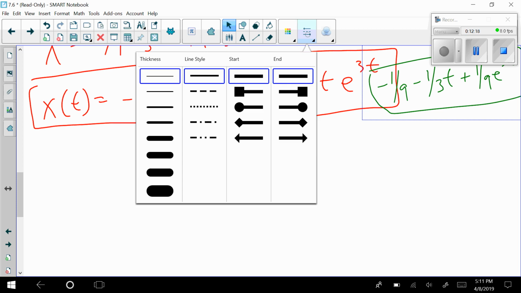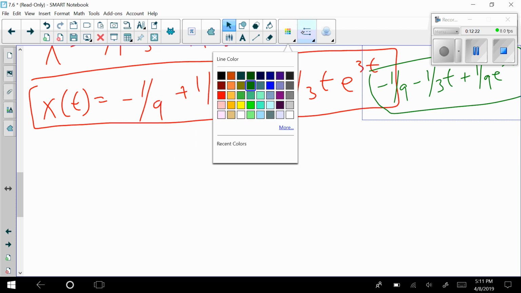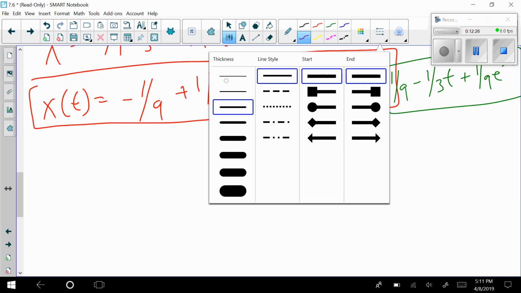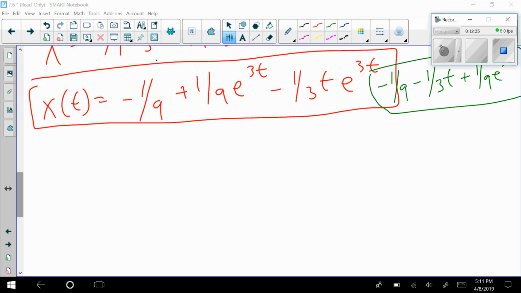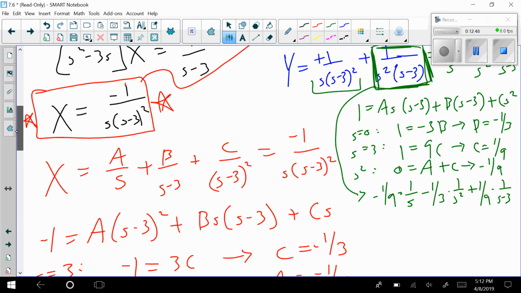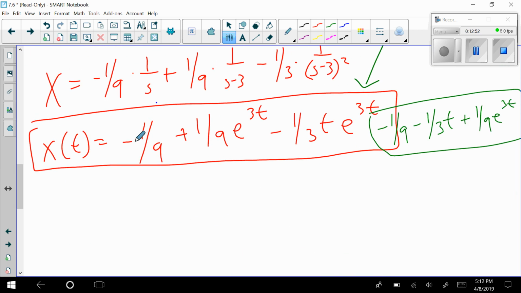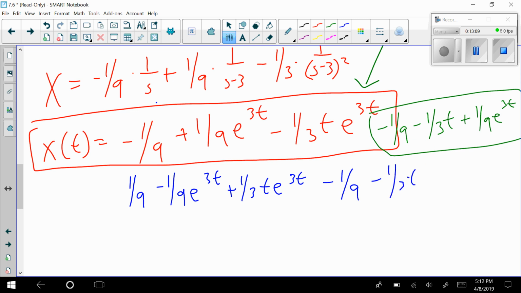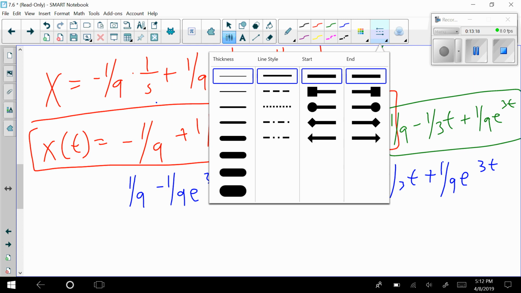Right? So now when I create the y, all I have to do is combine some stuff. One thing to keep in mind is that this right here is a positive 1, but down here it was a negative, which means that these signs are all opposite. So this is a positive 1/9, this is a negative 1/9 e to the 3t, this is a positive 1/3 t e to the 3t, and then I have minus 1/9 from here, minus 1/3 t plus 1/9 e to the 3t, which, doing a little bit of combining here now,